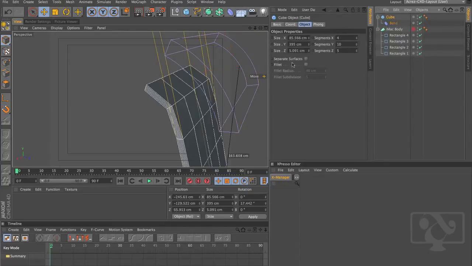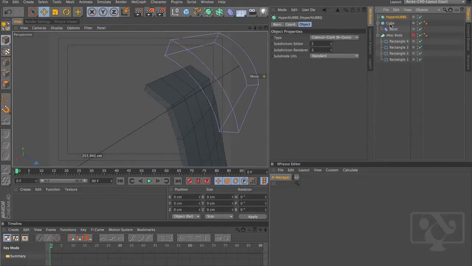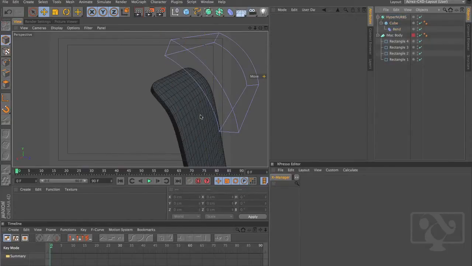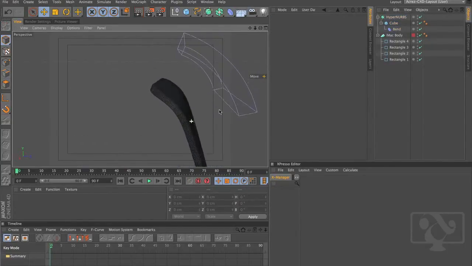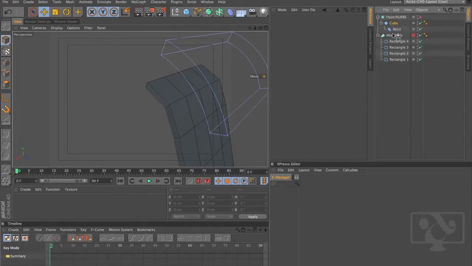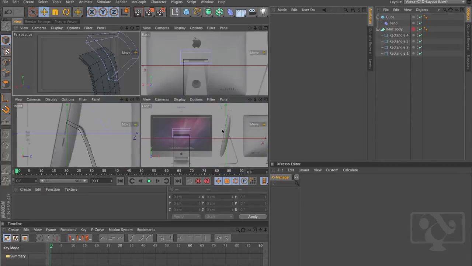And just to show you what that looks like, if we come up to our NURBS tab and select HyperNurbs, and then make the cube a child of the HyperNurbs object by dragging and dropping it onto it, you can see we get a really nice smooth bend. But I'm just going to shut off the HyperNurbs for now, just so we don't get confused. So with that bend deformer done,